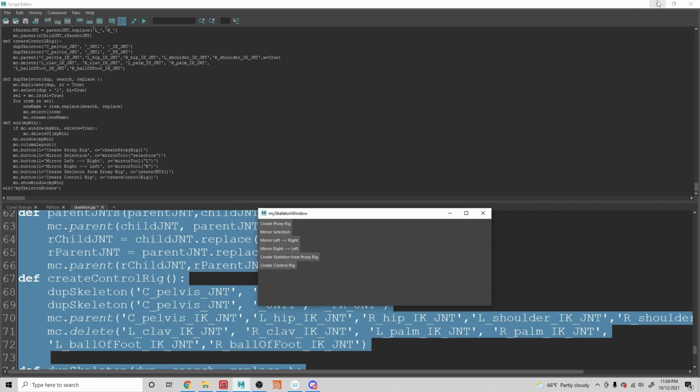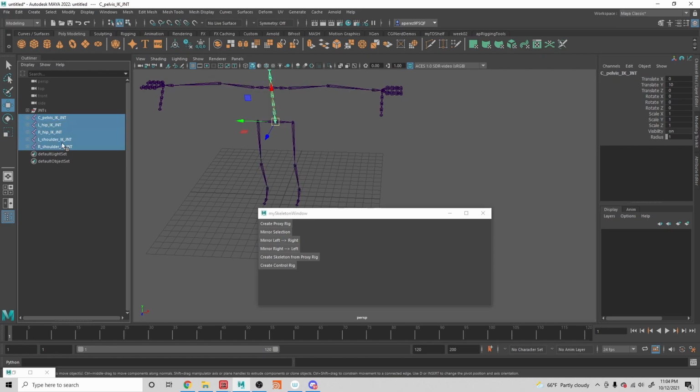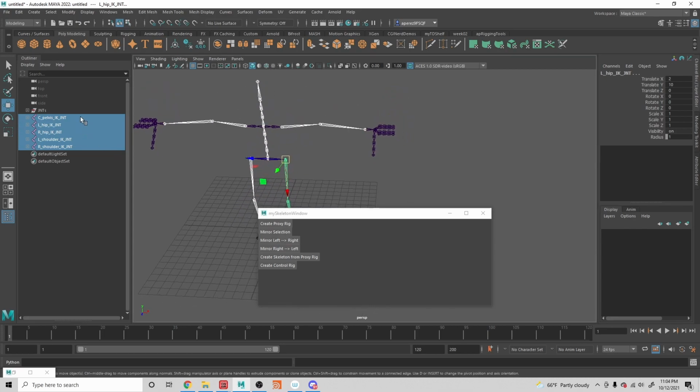Okay, we updated all that. There we go. So we have all of these, and those are the chains that we're going to have for the IK,